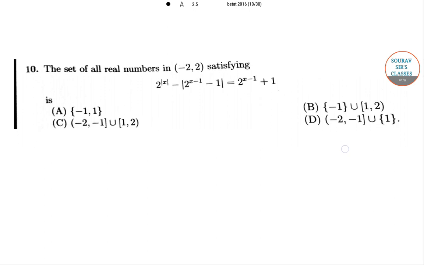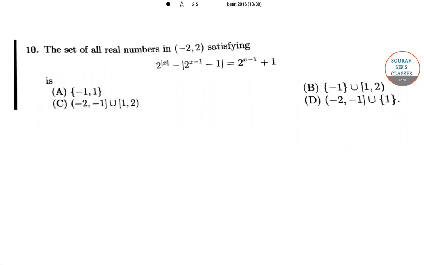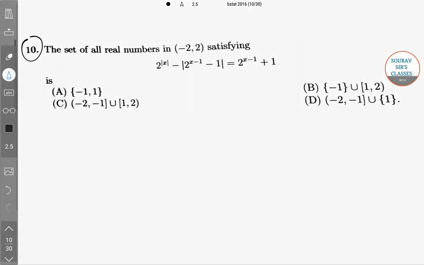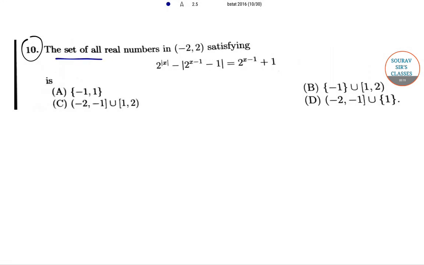Today we will be solving the ISI B-Stat question paper of year 2016. Today we will be starting with question number 10. In question number 10, it has been said that we need to find out the set of real numbers in the open interval -2 to